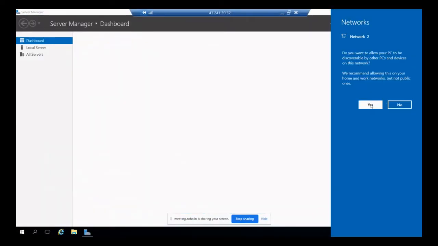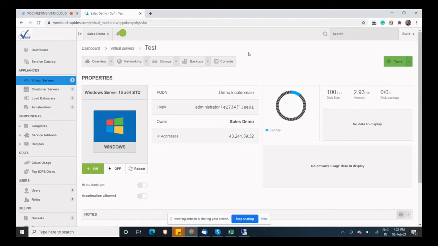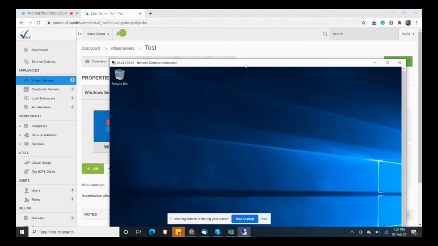Okay, I took an RDP session. One quick question here: all the systems which you showcase here will have their own public IPs, and then you have to connect via RDP? Correct. If you want to get root access for this server, you can take it via RDP.